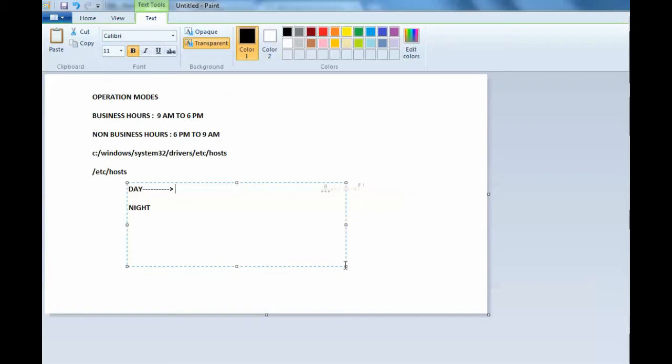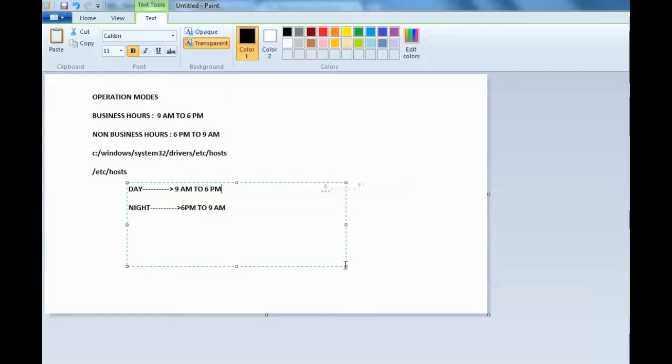The time frame I maintain is like 9 a.m. to 6 p.m. for day, and for night, 6 p.m. to 9 a.m.